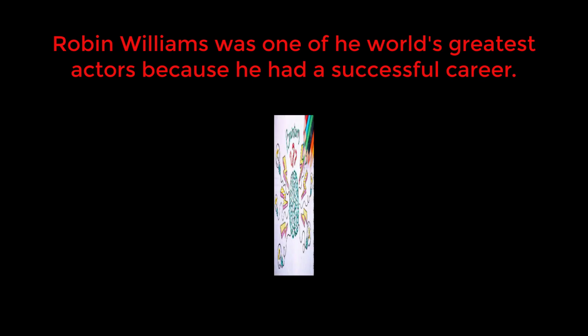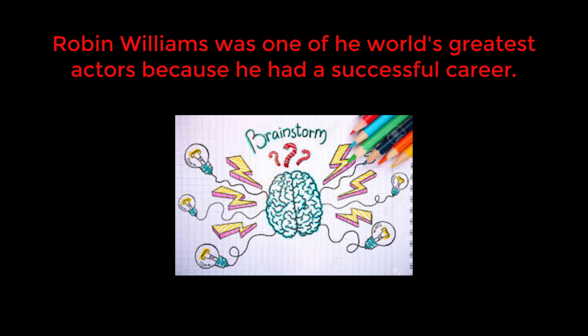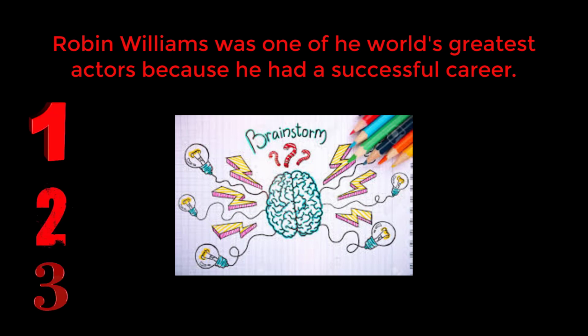So this is where you take the time out to brainstorm and rethink what you could say that would work. It would have to be different than the other 2 points, and it would have to support the claim that Robin Williams is one of the top 3 actors of his time. It would also have to have 3 supporting pieces of evidence for it to work. If you can't think of something,